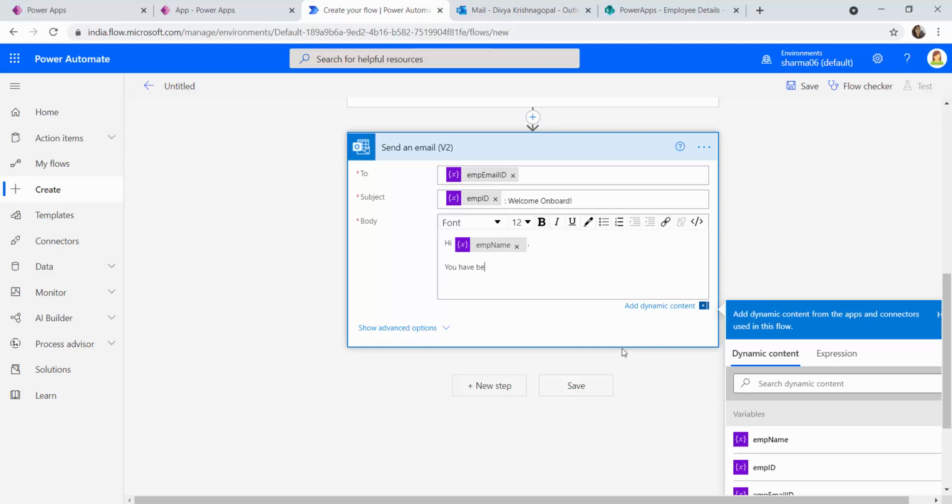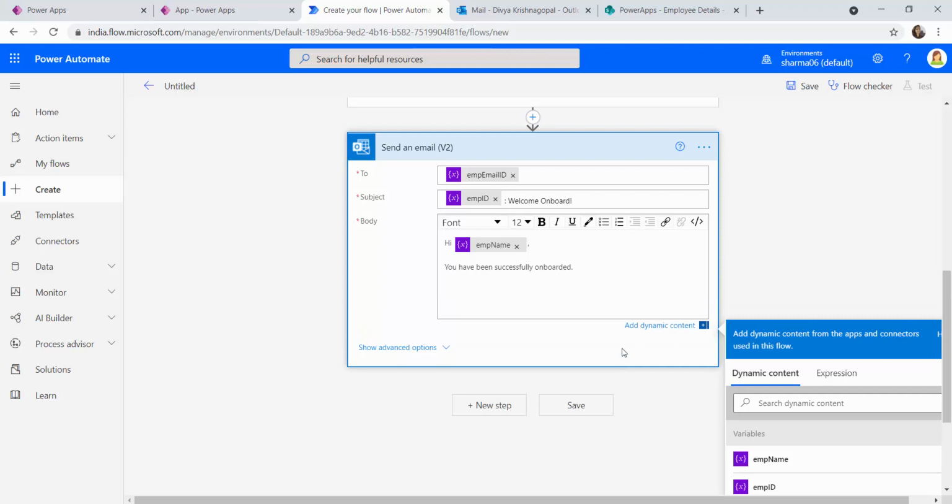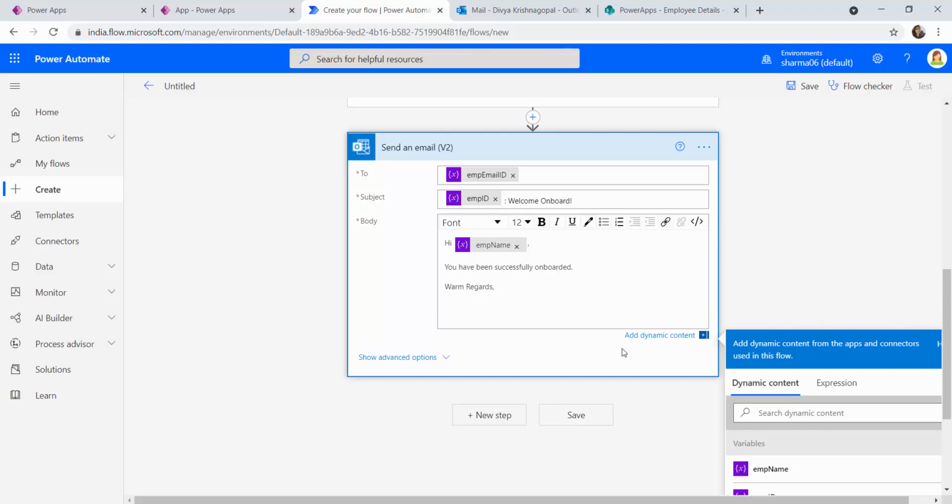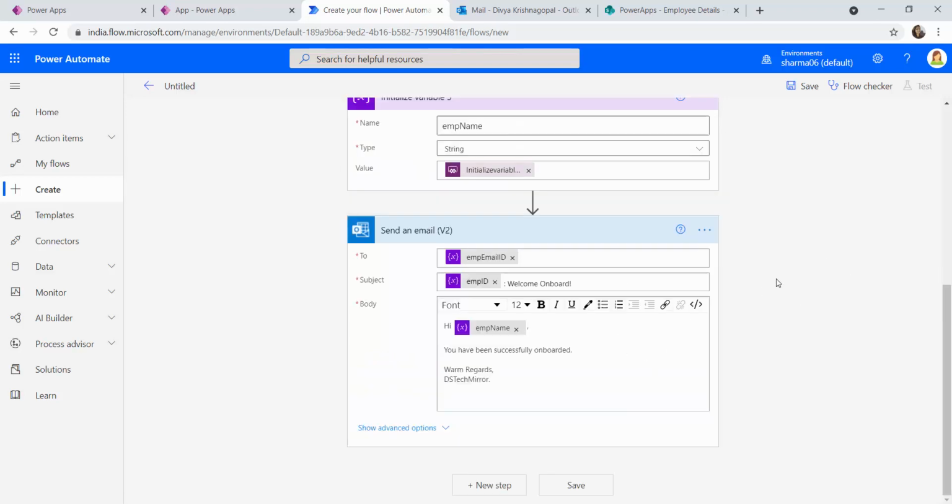You have been successfully onboarded. Just a simple mail notification. Warm regards, TechMirror. We are done over here.